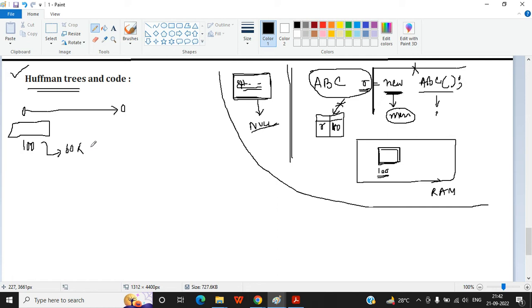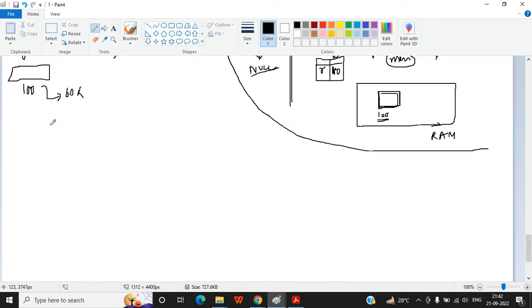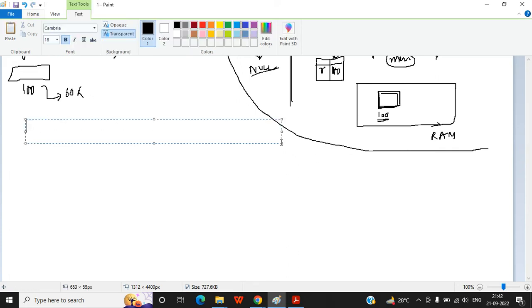What I'm saying is, Huffman coding is the technique through which you can reduce the number of bytes to be transferred, and Huffman tree is the technique through which you generate the code. Now suppose you take a message, say a b c a b c b b d